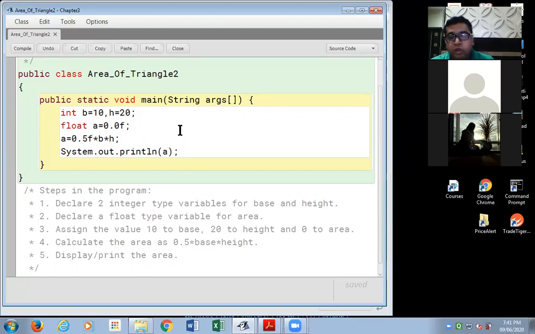Have you understood this? And finally, once again, Anika, see, area is not 0.5f. I repeat, area is 0.5 multiplied by 10 multiplied by 20, and on calculating, the answer that comes is 100.0. That is the area. Okay, have I clarified myself on this program? Is it clear? Is this program clear, please? Is the solution clear?